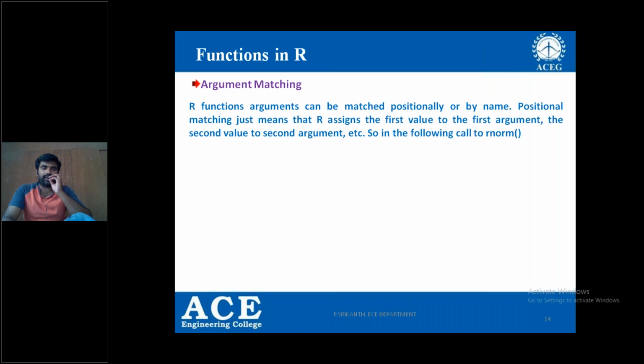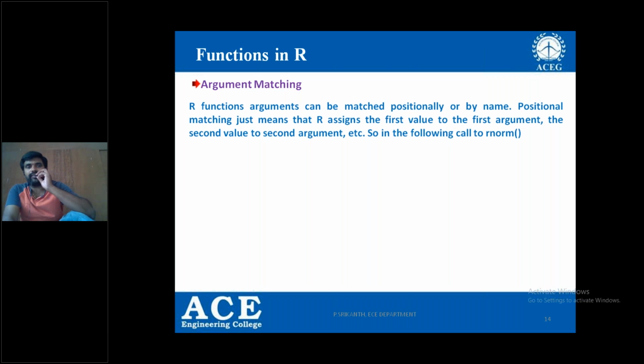Why? Because the variance of the random variable has the formula E of x square minus E of x whole square. That is, E of x square is the mean square value, and E of x is the mean value. Using the mean square and mean values, I can find out the variance. I would like to write the code for finding the variance, for which I need 2 arguments, the mean value and mean square value.